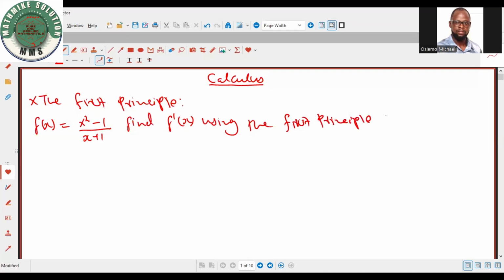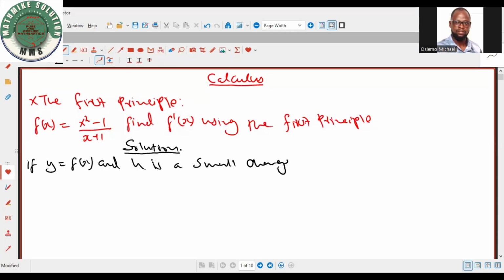I expect that maybe you are tempted. Let us find the solution together here. Solution. The first thing is to write the formula. We said that if y is equal to f of x and h is a small change in x, then